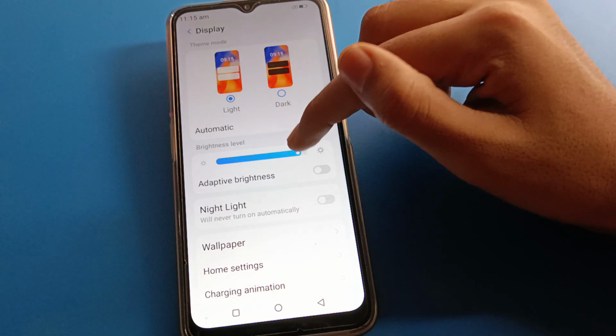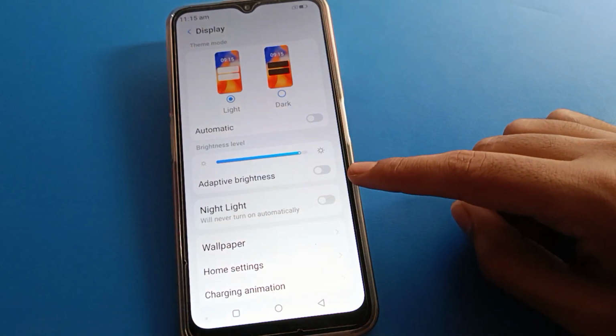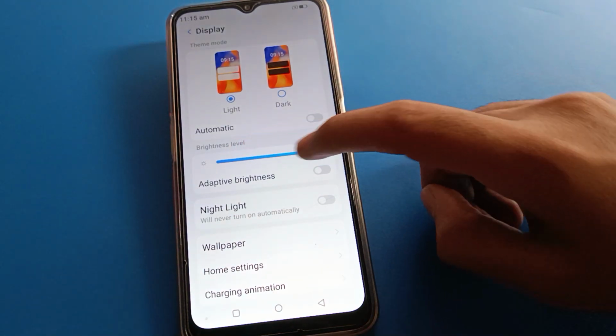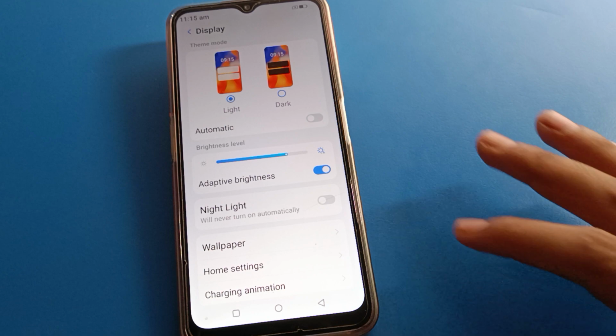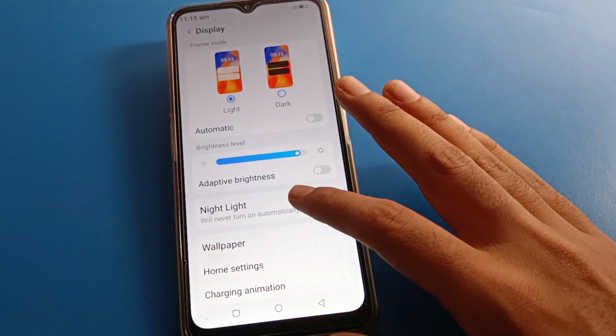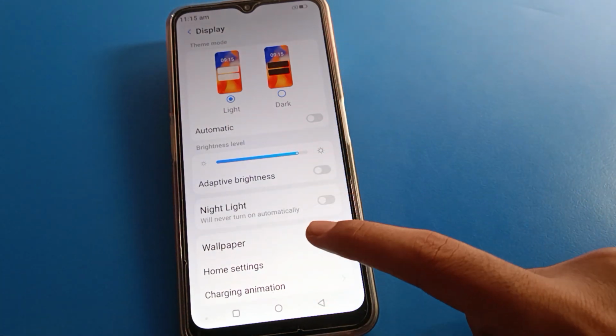So first I will increase brightness. As you can see, when I enable adaptive brightness, it will decrease automatically. So like that friends, if you have a brightness problem in your Lava mobile, disable your adaptive brightness and your problem will be solved, and you can adjust your brightness, it will not increase or decrease automatically in your Lava